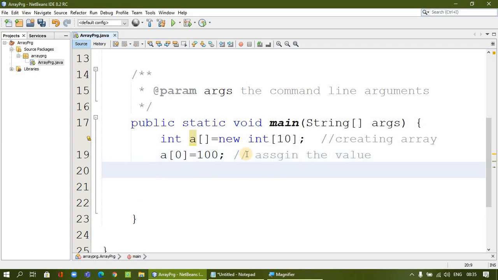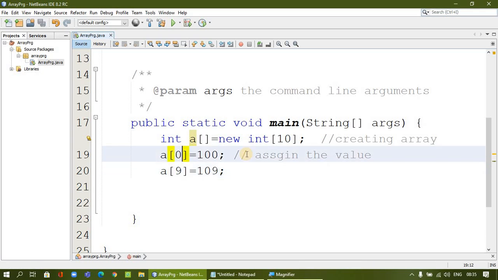The same way we can assign for all subscripts up to a[9]. At present we have assigned for 2 elements only. The same way we can say a[1], a[2], up to 9. Because the array starts with 0, it goes up to 9 because total elements are 10.